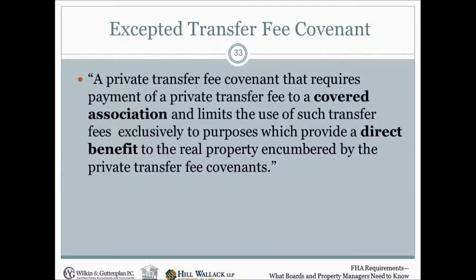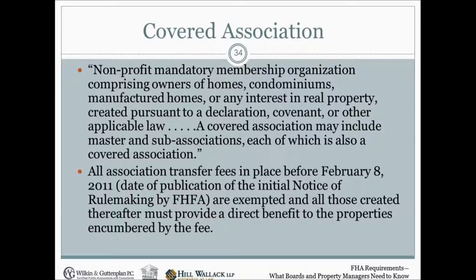Here are definitions from the FHA regulation, but I don't want to spend a lot of time on them. A private transfer fee is the payment of a fee to a covered association, and the definition of covered association will be in the next slide. And it provides a benefit to the covered association. It's a non-profit mandatory membership organization, and in short, I will tell you that these definitions apply to virtually all of the associations that I've come in contact with in this state. So for the most part, associations in New Jersey will pass muster in terms of their transfer fee